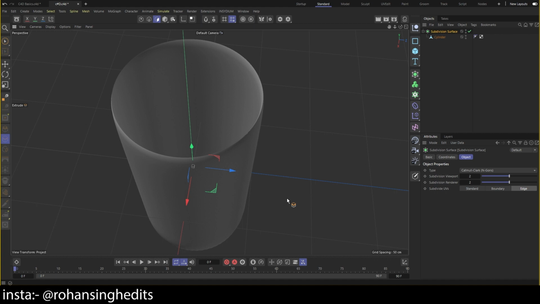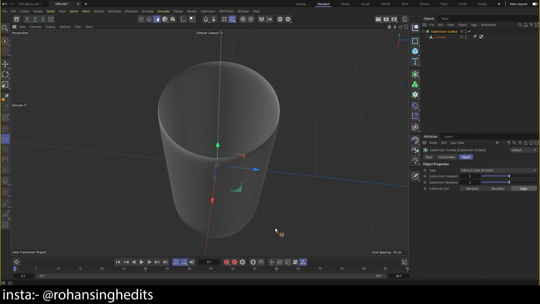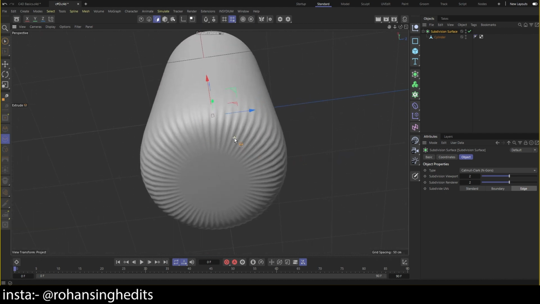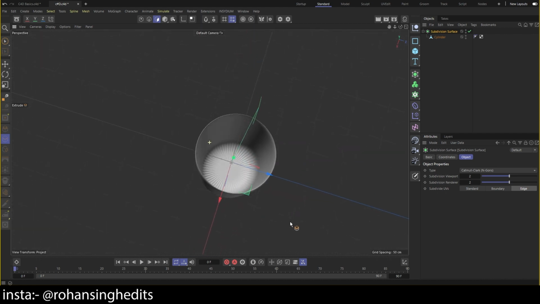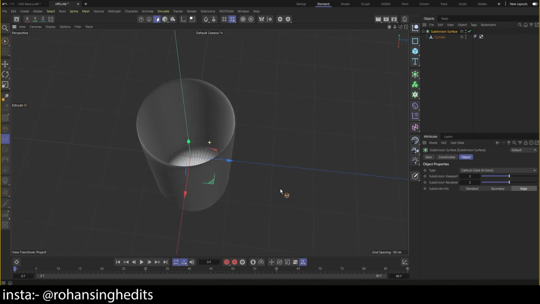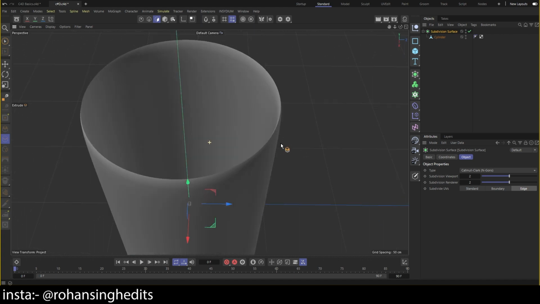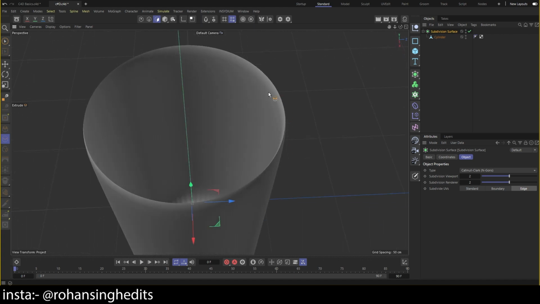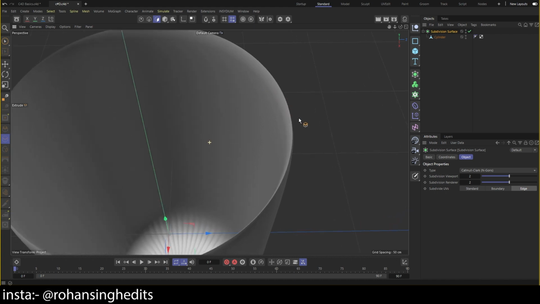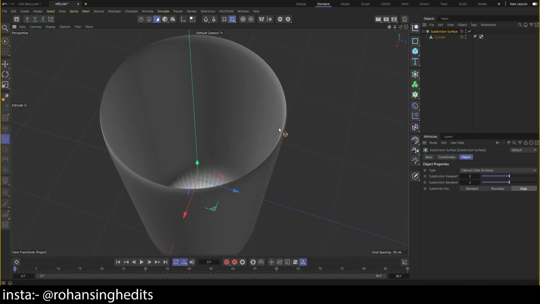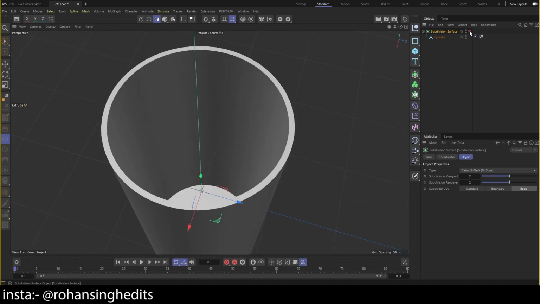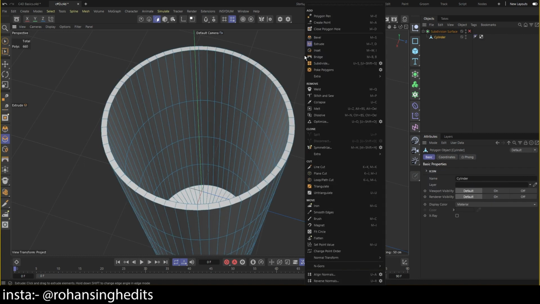If you don't have as many segments as you created before, you can just use the subdivision surface. But here, see what it has done. When you add the subdivision, it's going to create a lot of curve, which we don't need currently. Just follow me right now, because everything I do is going to go over your head. Just turn this subdivision off, right click on the screen, select the cylinder,